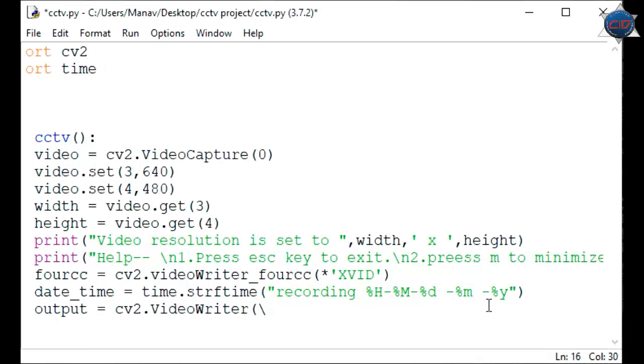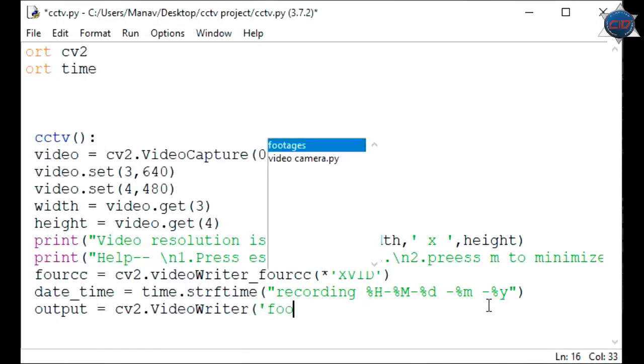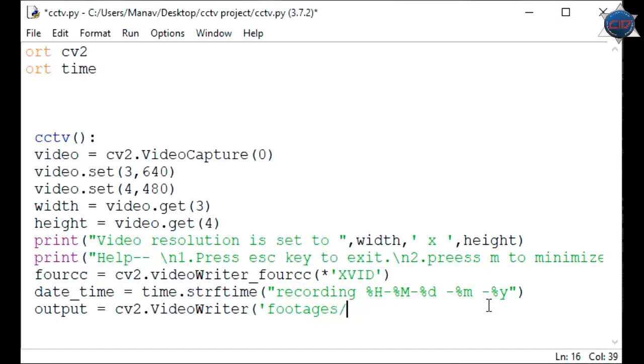So I'll access it as footages. Okay, here we'll save the video, and now let me assign date_time. Okay, date_time will be the name of the video, and the format will be .mp4. Now our video will be saved as the current date_time.mp4 under the footages folder.